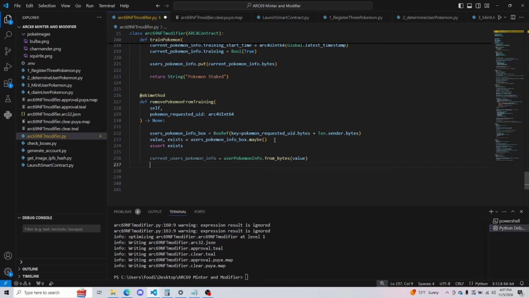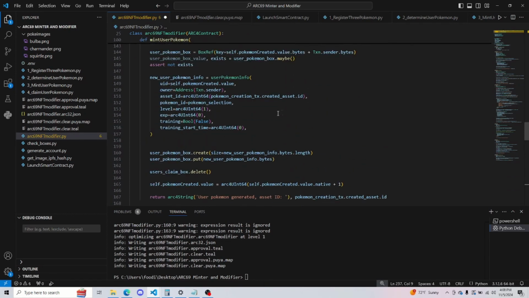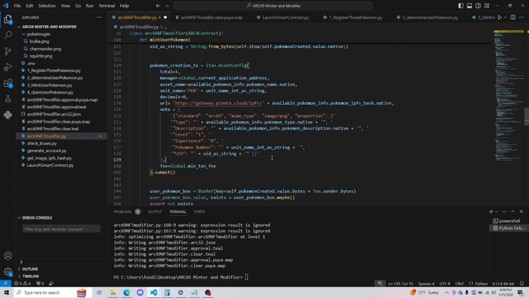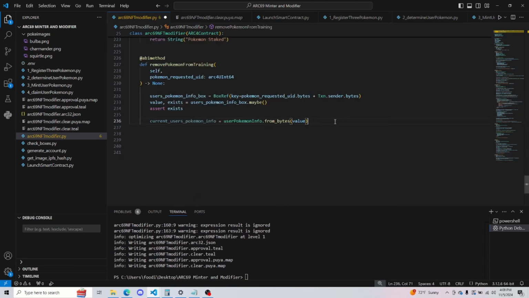So all the information about this Pokemon by default, like the Pokemon's name, the Pokemon's ID, the description, because what we're going to do is rebuild the initial metadata about the Pokemon using the information in the user's box about their current Pokemon and the initial information about the Pokemon